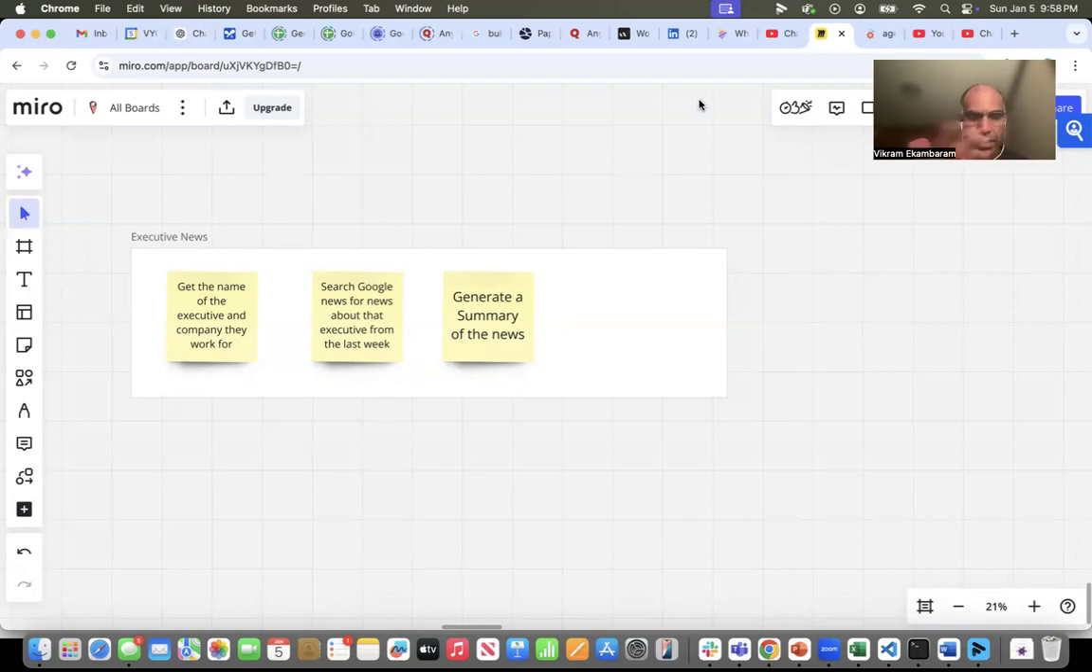And so again, like I said in my earlier videos, it's always good to think through the steps in the process and visually lay them out. So first step, I want to get the name of the executive and the company they work for. And the company is important because you could have executives with the same name. And so if I search for an executive at a particular company, that'll help me get unique information about